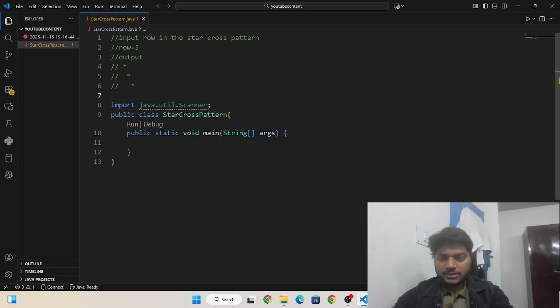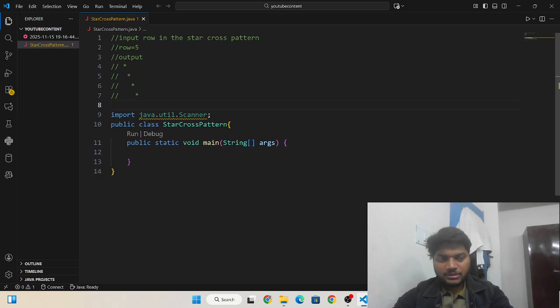Okay, and then I need to print here also a star, and then again a star. How many stars have I entered? I have entered 5 stars. So now I need to write 1 star here, and here I need to enter another star, and then here I need to enter another star,